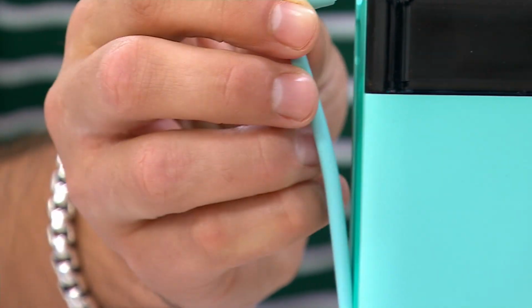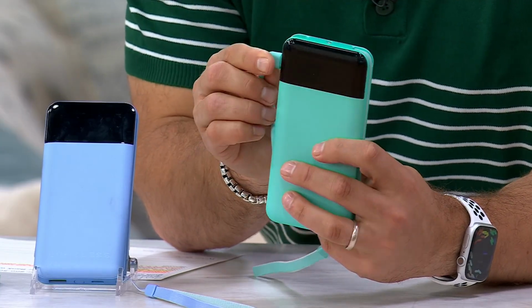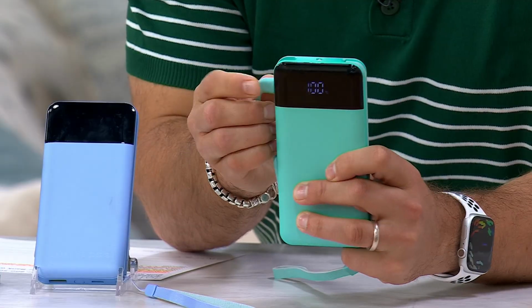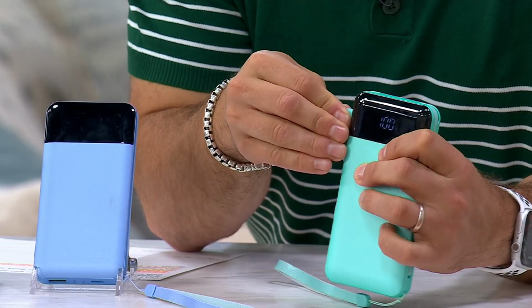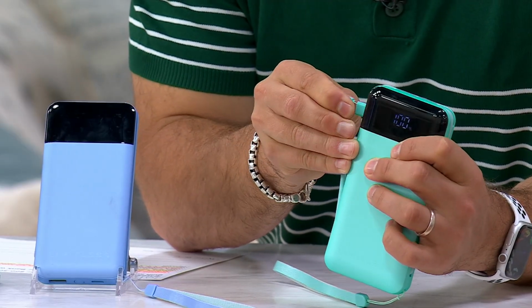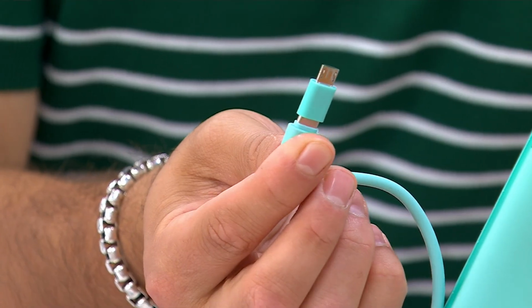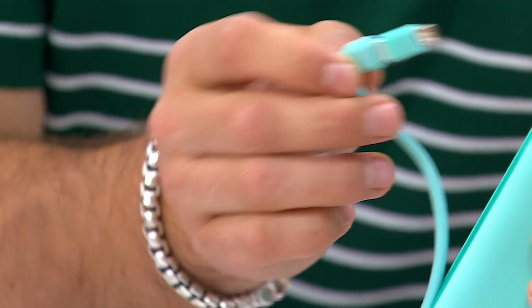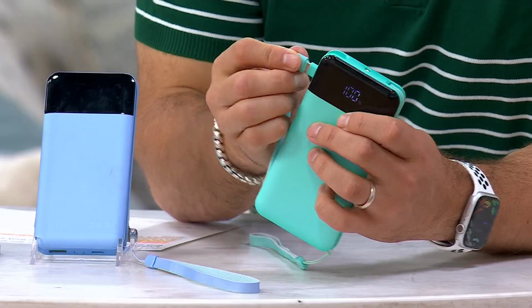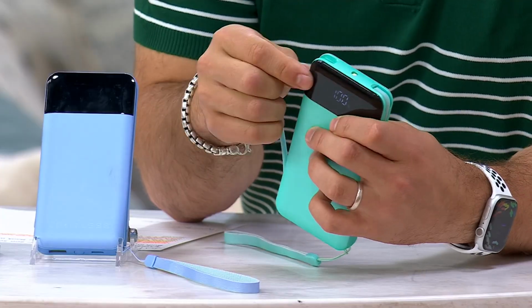Well then, hold on a second. What if I have that older Android? Well, look what I can do here. I can plug this into the side. That's gonna activate the adapter that we have, and I will be able to then take out that USB micro that you have right there. And now I can charge up my older Android phones. Or maybe your cosmetics. A lot of cosmetic devices use that micro USB. That is built right into the side of that little port. It's got its own little case that you simply just live right in there